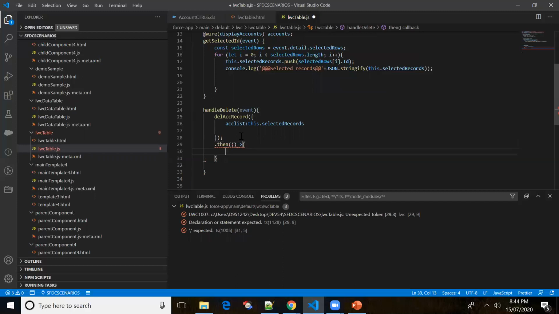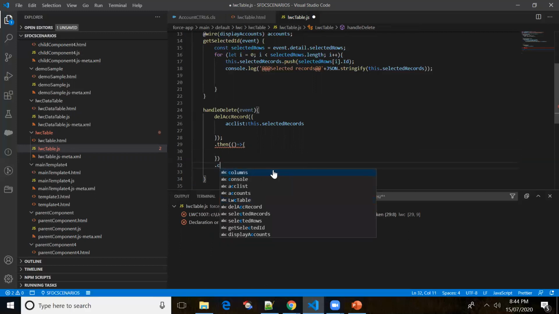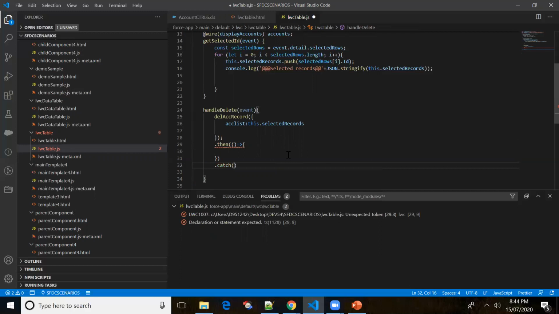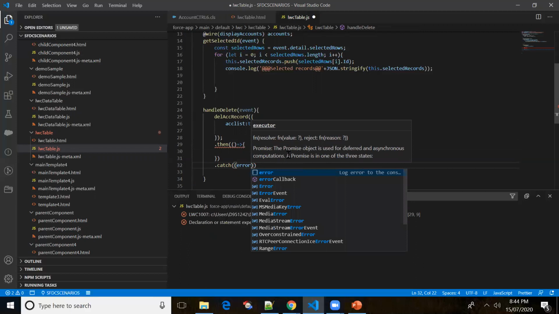Okay, so let me write then. Let me write the catch block as well. It should be fine. Catch error.